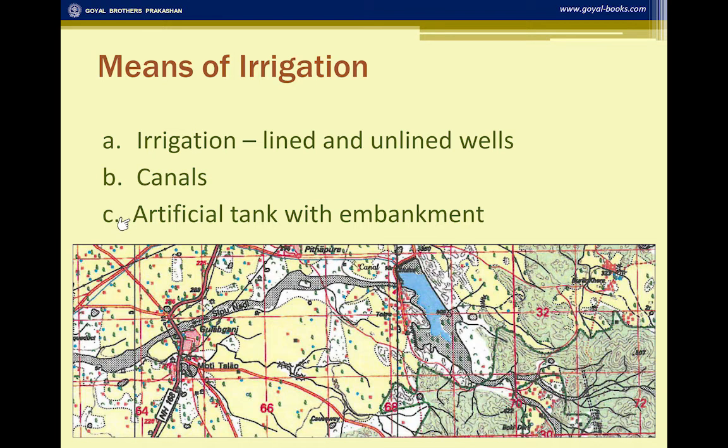Then you have this artificial tank with embankment. It is filled with water. It is artificial, not natural, not like this dry tank which is natural and just lying vacant and dry. But in this there is water with an embankment marked 10 R, meaning that the relative height of the embankment of the artificial tank is 10 meters, and the water is there, so it is a perennial artificial tank.